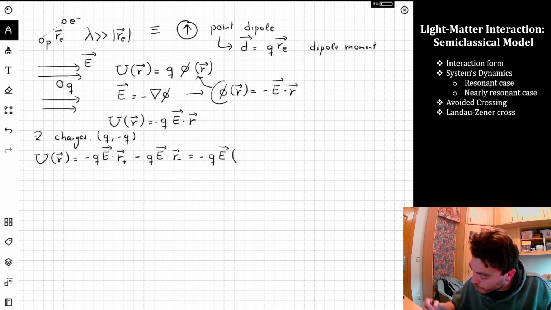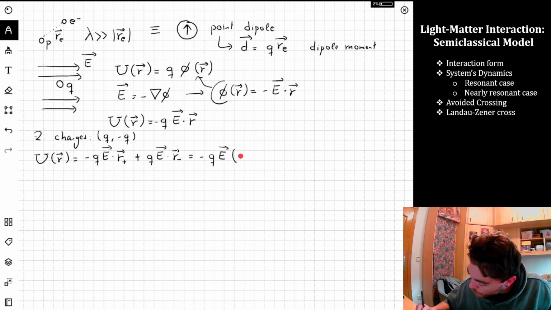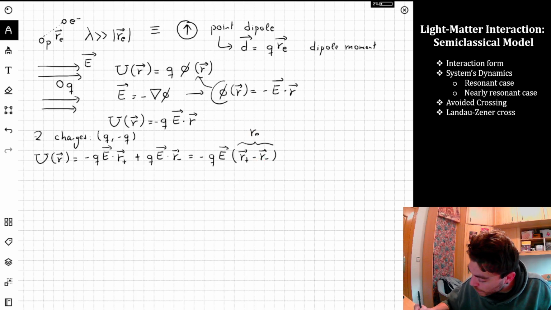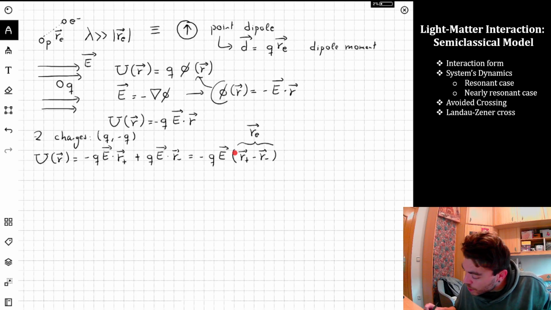Because we want a dipole. So this is actually plus Q, because it's minus minus Q plus Q. So this is minus Q E times R plus minus R minus. But this is the difference in position between the two. So this is exactly the separation between the charges. And the charge times the separation between the charges is exactly